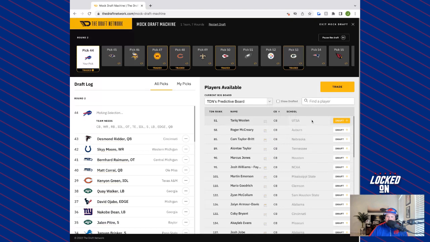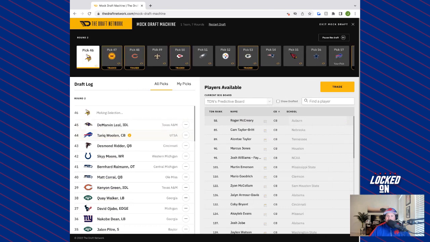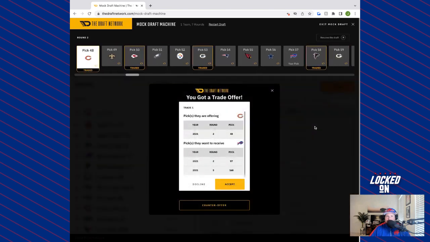So let's make Tariq Woolen the pick here out of UTSA. You guys have heard me talk about him quite a bit. He is a converted wide receiver. He made the switch back in 2019, two-year starter, part of the first ever conference championship team at UTSA, goes to the combine, runs like a 4.2, has crazy long arms, unbelievable speed and explosiveness,